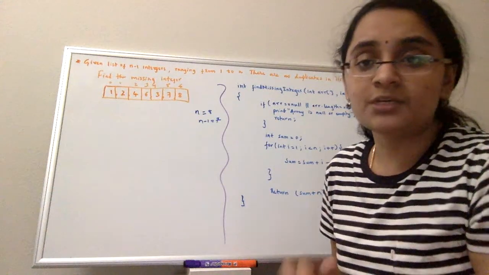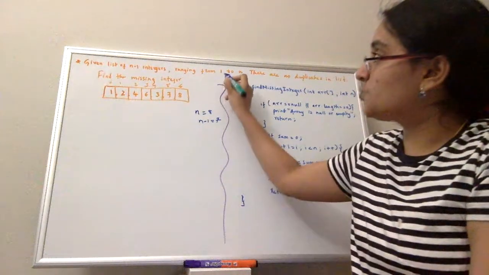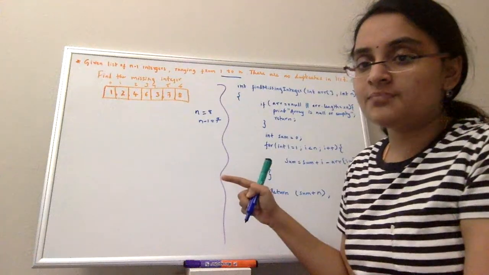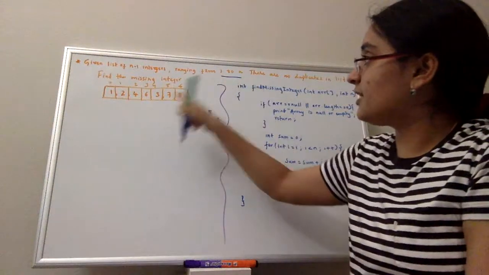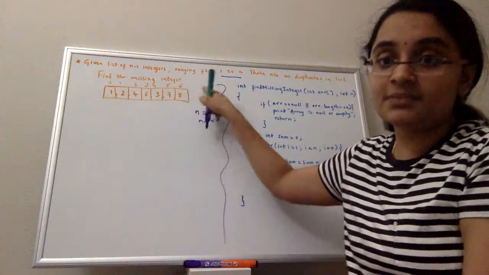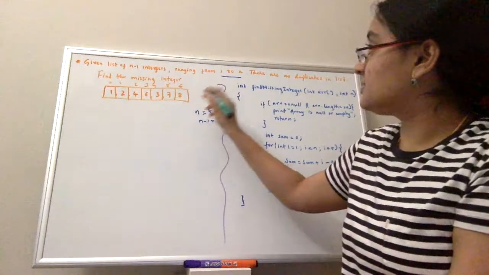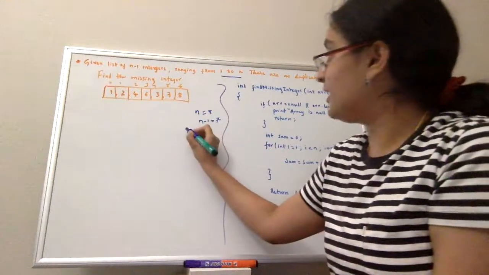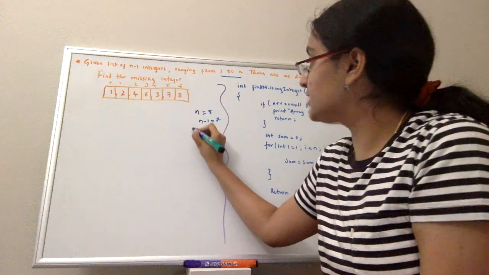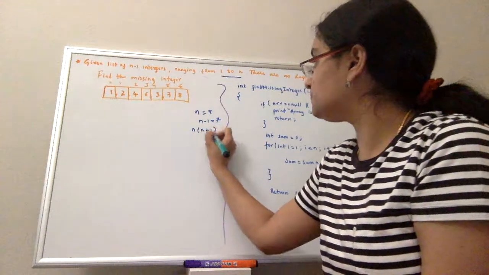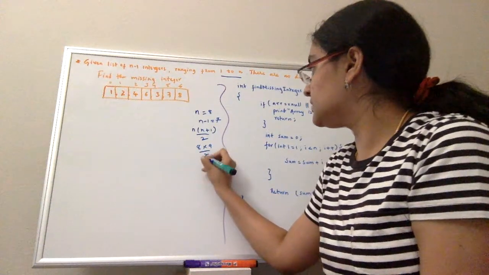there are two approaches. We know that the range of numbers is 1 to n. The first solution that comes into my mind is finding the summation of these numbers and then subtracting these two sums will give me the missing number. My n is 8, and there is a formula to find the sum of n numbers, that is n into n plus 1 by 2, so 8 into 8 plus 1 by 2 is